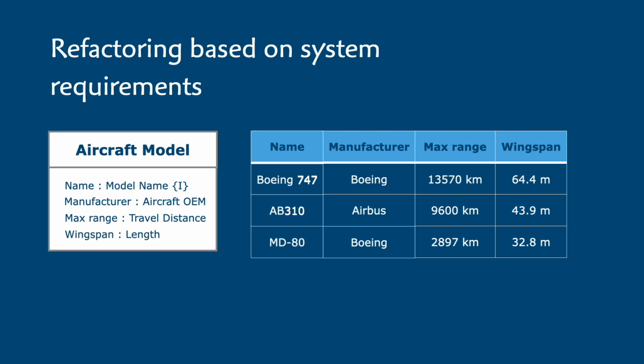And while we're at it, we can remove Boeing from the 747 name and even remove AB from AB310 since the new attribute has already extracted that information for us. We may, on the other hand, want to keep MD in the MD80 name since that really doesn't have anything to do with the current manufacturer, and that's what everyone calls it. But unlike before, we don't need to parse the name and play games to infer the true manufacturer. Yay! Now we aren't treating any of the instances specially,